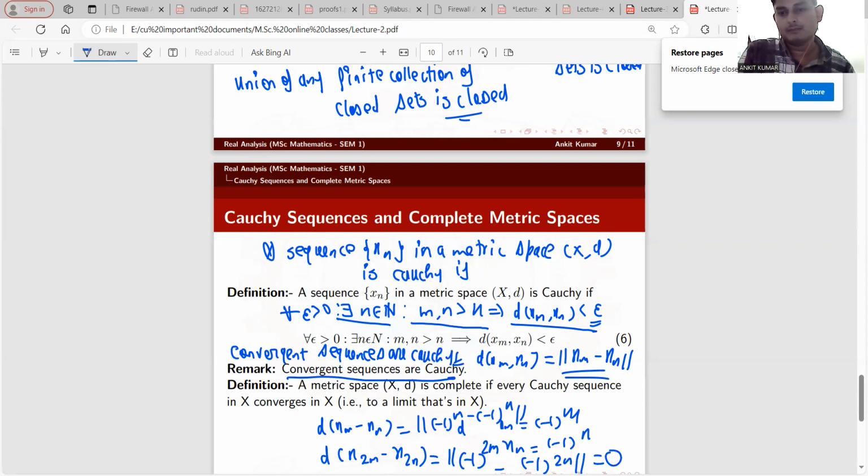Convergent sequences और Cauchy. जितनी भी कन्वर्जेंट सीक्वेंस होंगी वो सारी की सारी कॉची होंगी, लेकिन इसका कन्वर्स ट्रू नहीं। क्योंकि अगर इस थ्योरम्स को एनालाइज किया जाए तो कहीं ना कहीं ये चीजें फाइंड आउट हो रही हैं कि जो कॉची सीक्वेंस है वो कन्वर्जेंट सीक्वेंसेस का एक पार्टिकुलर केस है।